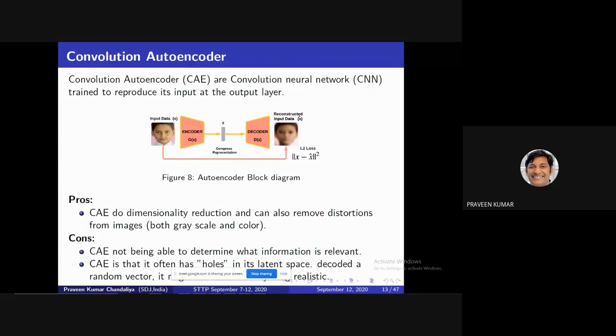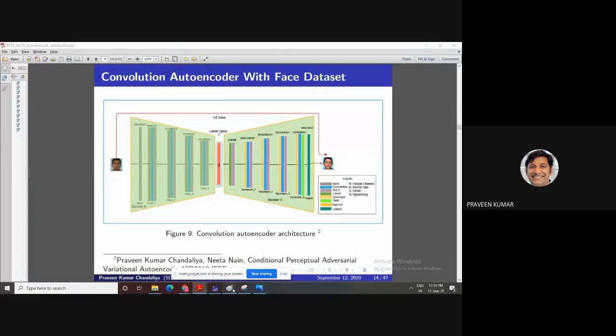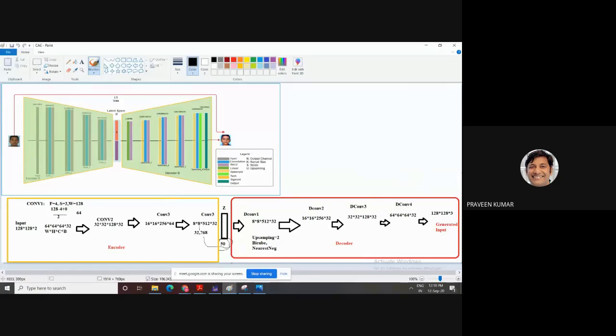My first model I developed in 2019. First I explain this model in a proper way: what is the meaning of N, what is the meaning of K, what is the meaning of X, how convolution is performed, how deconvolution is performed. We have to calculate this, because this is the implementation. If you are comfortable with this, then you will not face difficulty at the time of code development. First, the input size is the input image.